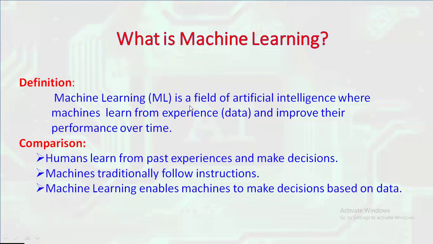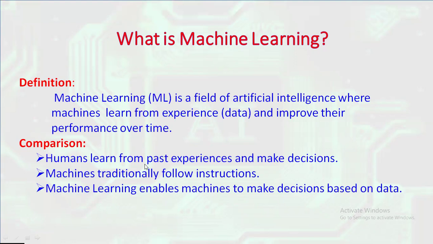First, we'll see what is machine learning. You should all know what machine learning is. The definition is: machine learning is a branch of artificial intelligence, the AI, that allows computers to automatically improve their performance by learning from data without being explicitly programmed. Instead of following fixed instructions, machines analyze past data, that means experience, recognize patterns, and adjust their behavior to perform tasks more efficiently over time.